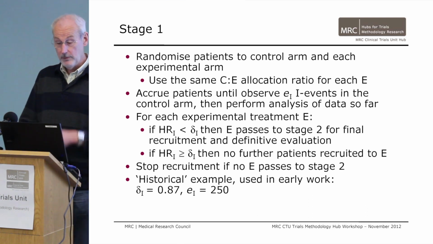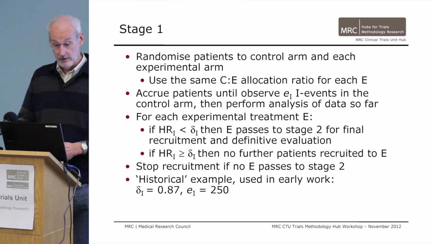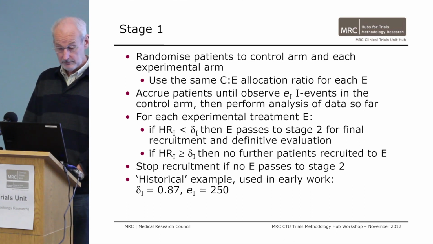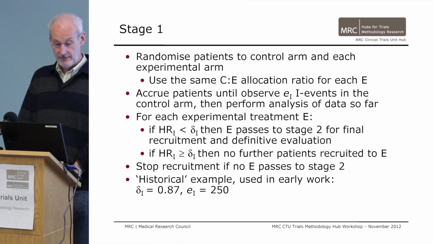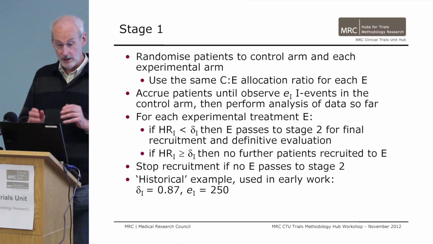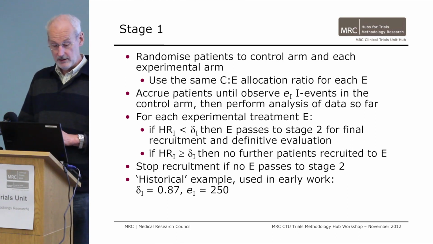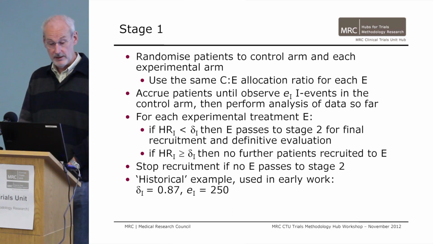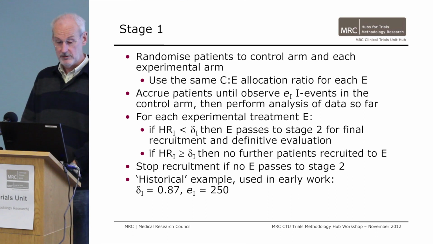And then we perform an analysis of the data we've got so far on the intermediate outcome. What we actually do is to say if the hazard ratio for a given arm on the intermediate outcome is less than some threshold called delta I, then we say, okay, there's some evidence here. The hazard ratio is a bit less than our threshold, or maybe it's a lot less, and therefore that treatment looks promising and it passes to the next